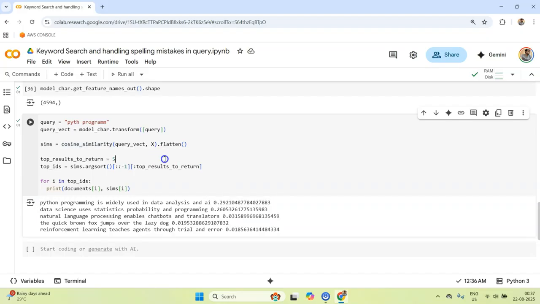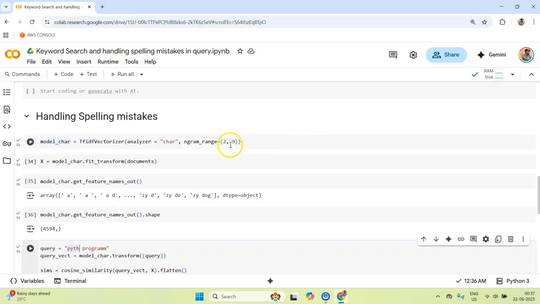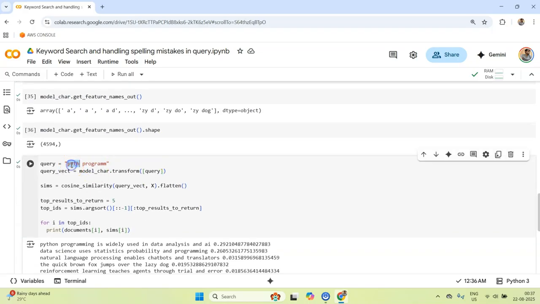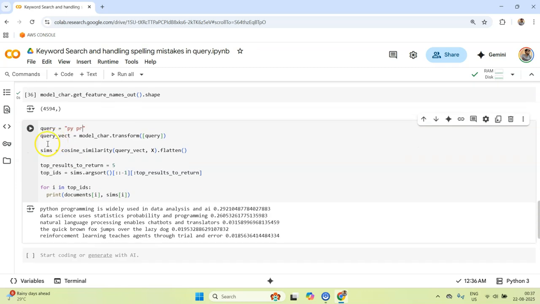In those situations, this kind of system works, and usually cafes and restaurants don't have many products. So we can build such a system very reliably on a simple machine, even on a 1 GB RAM machine. So I hope it makes sense now, right? And you see, we provided an n-gram range of 2. Now let me do something very wild. Let me remove pi and pr, and let's see what we get.